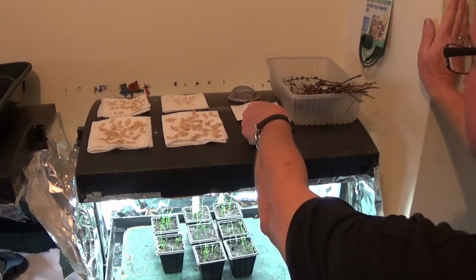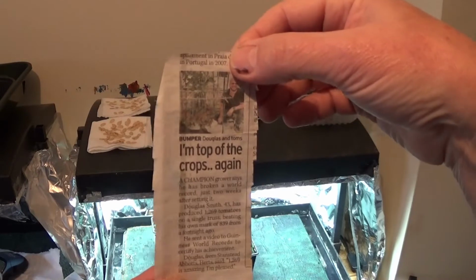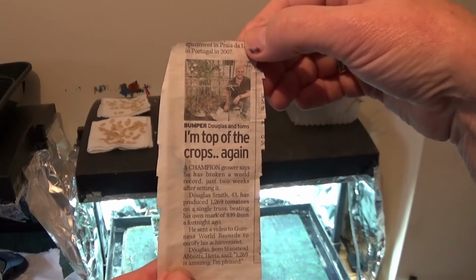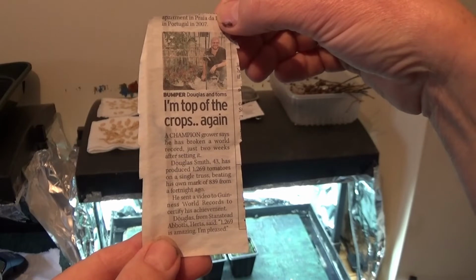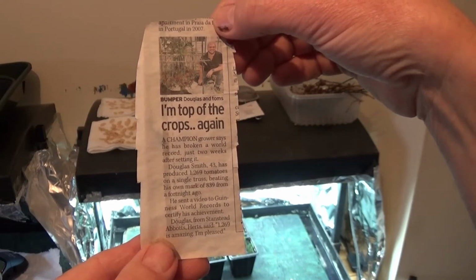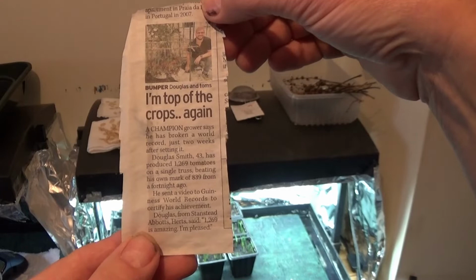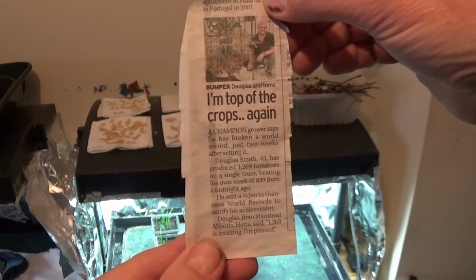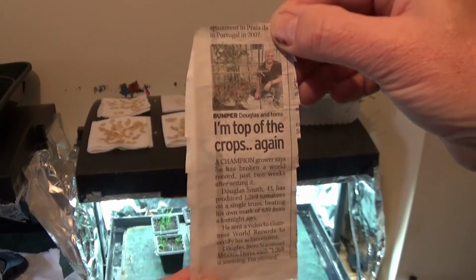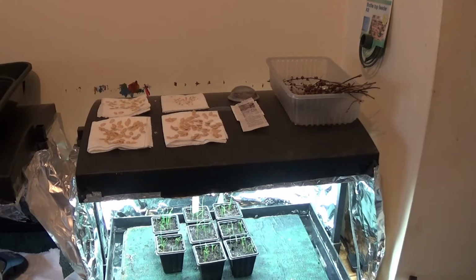I've got a thing here as well. Now this was given to me by a fellow worker, and this bloke here, Douglas Smith, he's produced a tomato plant that actually produced 1,269 tomatoes on a single truss. I mean, that is just mind-blowing, it's unbelievable. He came into work with it the other day and said, "Here, have a look at this." I don't know what newspaper it's out of, but I just put that up there so I didn't forget about it, to be perfectly honest. But yes, that's some of the saved seed that I've got